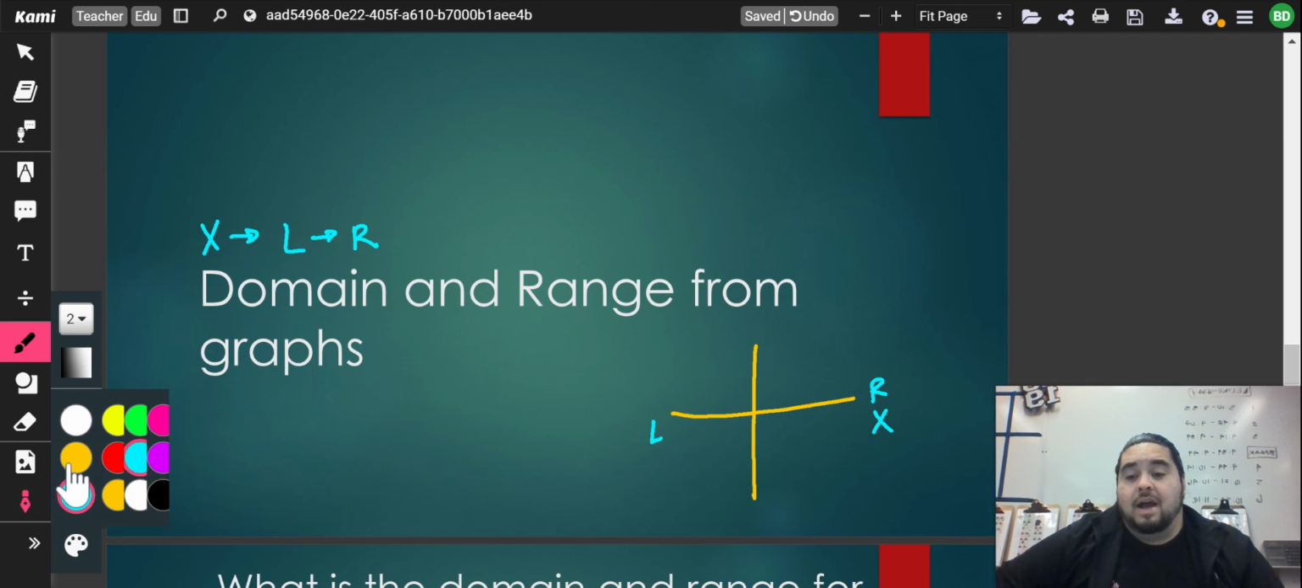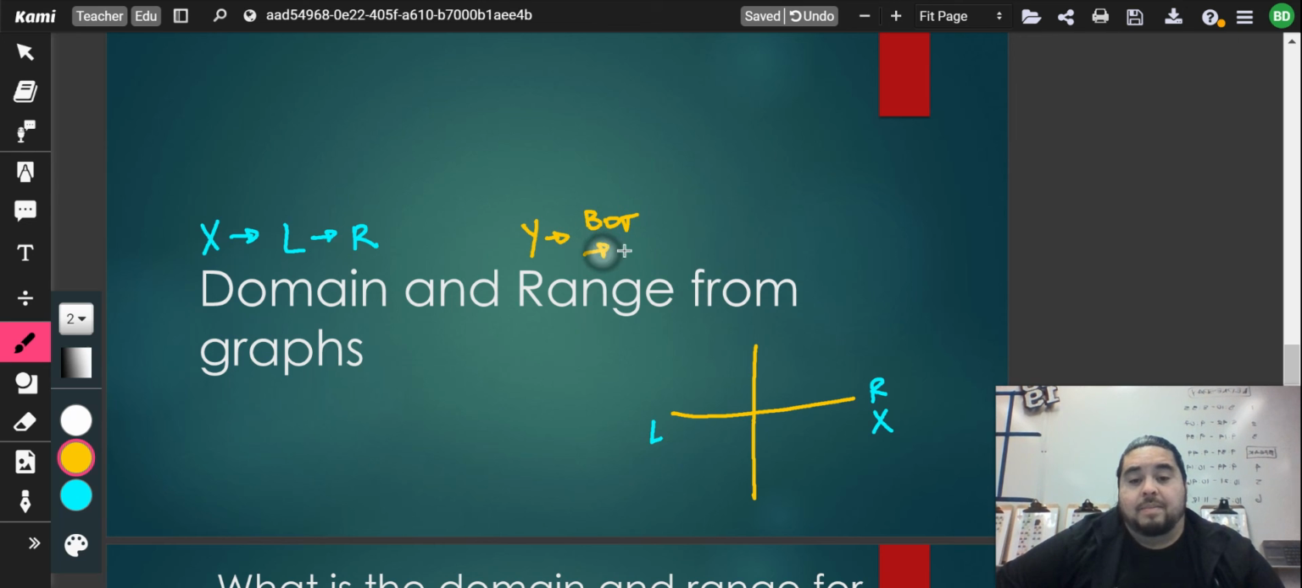Okay. Now, range is associated with our y values, and range goes from the bottom to the top. Okay. Again, that's our y-axis, so our y-axis is here, goes from the bottom to the top. So when we're thinking about domain and range,